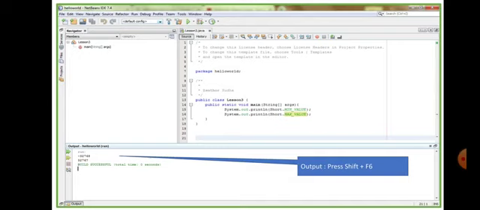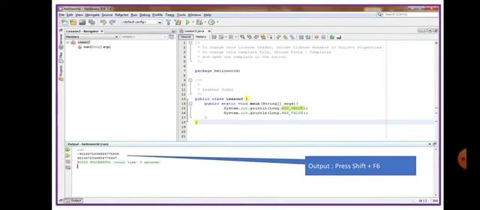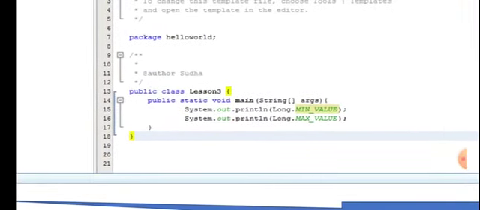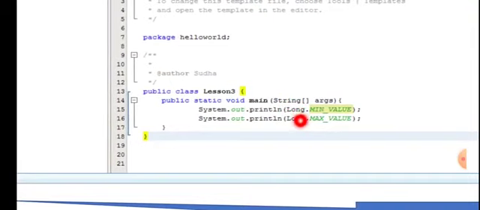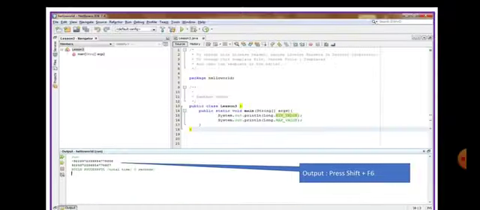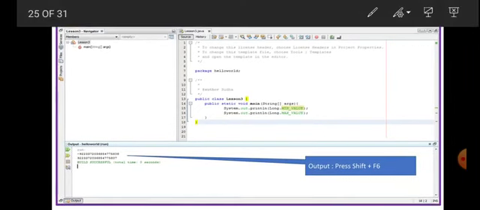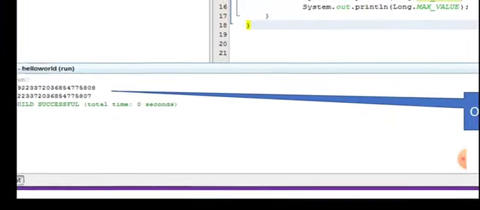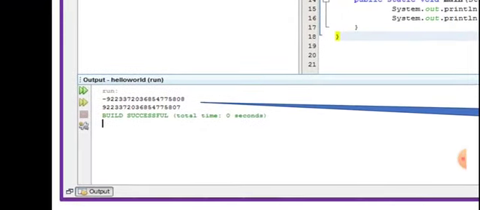Now we have seen it for the data type called short. We will see it for others as well. Now here I am checking it for long. As you can see, Long dot MIN_VALUE, Long dot MAX_VALUE is given over here, and after selecting this print, Shift plus F6, and getting the minimum value. Again, you don't have to learn it by heart.